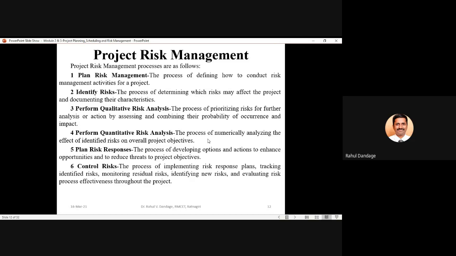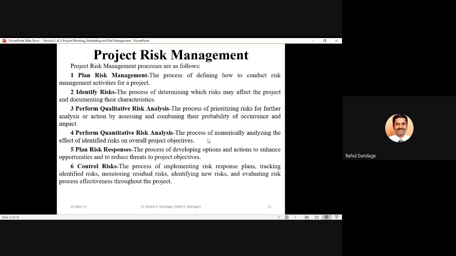Then we consider risk analysis in two different methods, qualitative and quantitative. When we go for qualitative risk analysis, we rank and prioritize the risks based upon the probability of occurrence and the impact. Now, how are the probability of occurrence and impact decided before the risk actually appears?